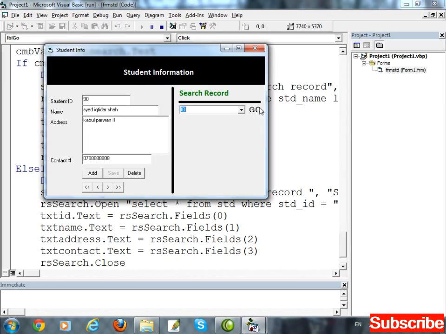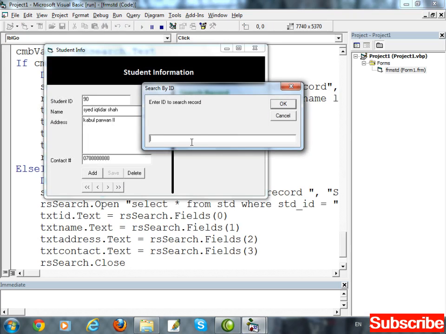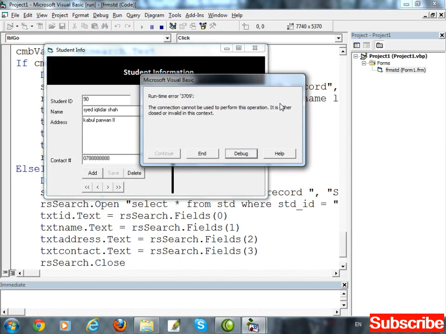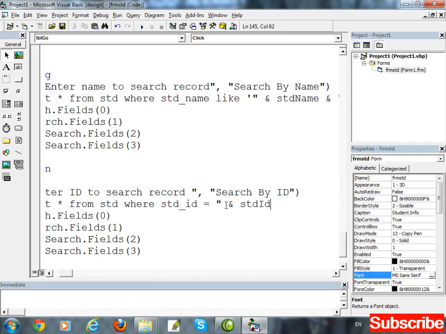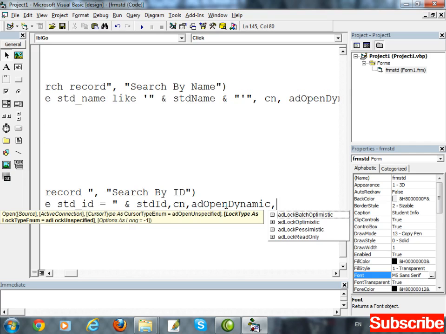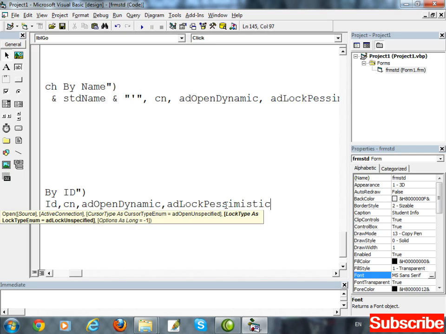Select ID from here. Go and 100. Record set is not completed. Insert a comma. Write cn. Cn is the name of connection. Then comma. Add open dynamic. In comma the third one option, add lock pessimistic. Now record set is completed.